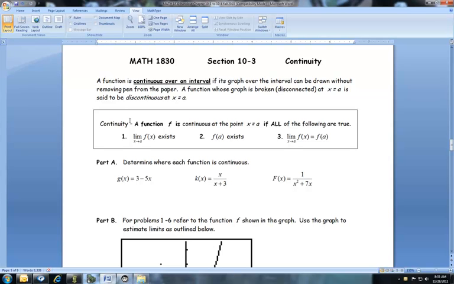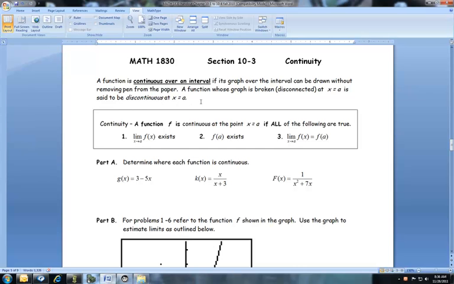Now we're going to look at the next section, and this is about continuity. The base word for continuity is continuous, and when we refer to a curve being continuous, that means it doesn't have any holes or breaks. You can draw it with your pen on the paper, never having to lift it up off of the paper. So a function is continuous over an interval if its graph over the interval can be drawn without removing pen from the paper. A function whose graph is broken, disconnected at x equals a, is said to be discontinuous at